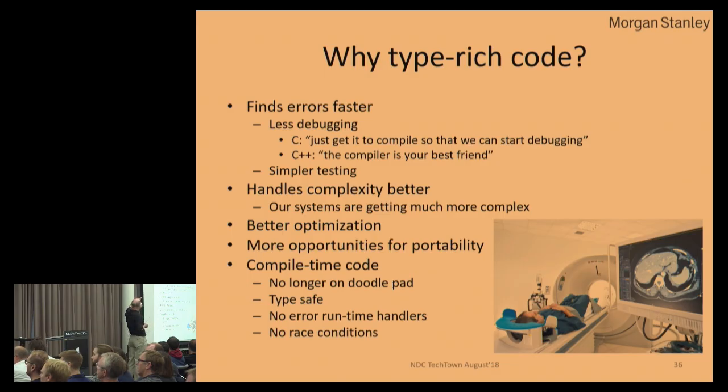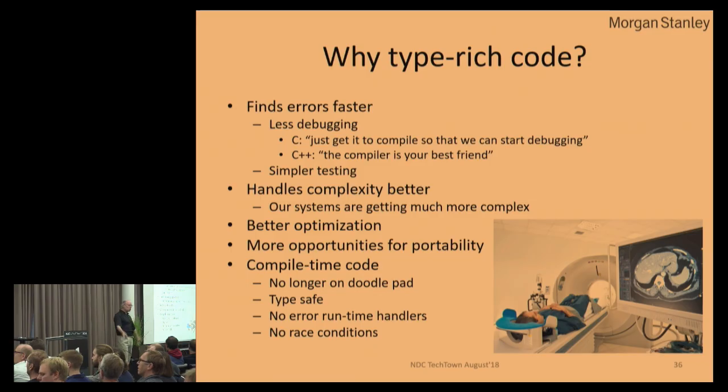And this shows a difference between two kinds of programmers, which I have labeled C and C++. I've noticed that people with sort of the C attitude say, okay, let this thing compile, and now we can start the real work, which is debugging. I hate debugging. It's what burns my nuts, and that's not good. The C++ way is basically the compiler is your best friend. Express your ideas in such a way that the compiler can tell you when you screw up, because you do. We do. Okay, so different attitudes.